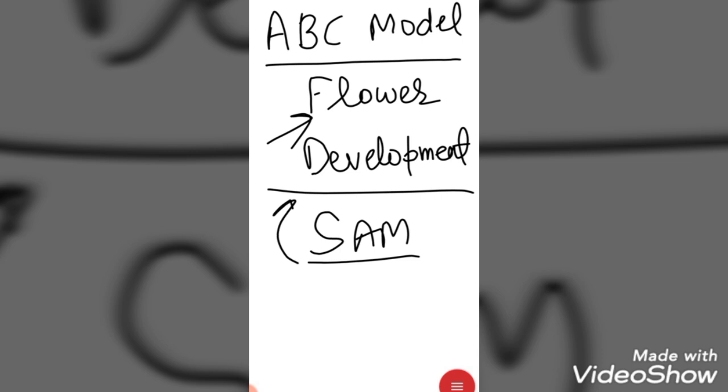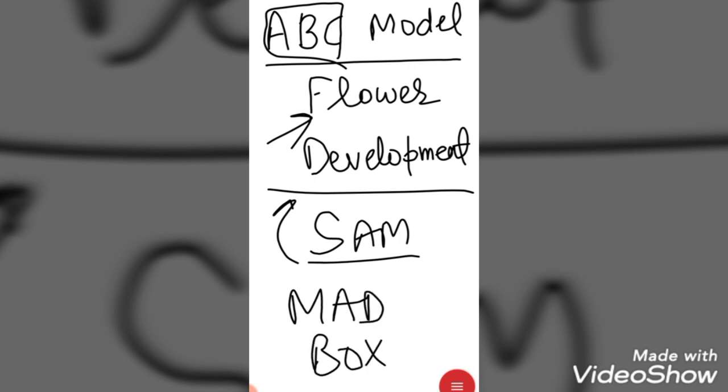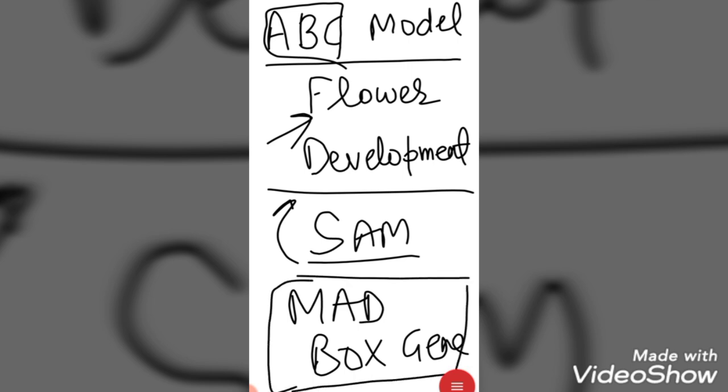Flowers are developed with the help of different genes, which are also called the flower identity genes. So these ABC are the classes of genes which are involved in the development of the flower, and they all belong to a common family which is called the MADS box gene family. All the A, B, C class genes belong to the MADS box gene family. So let's discuss this topic in detail.